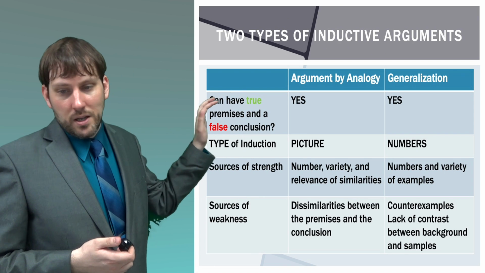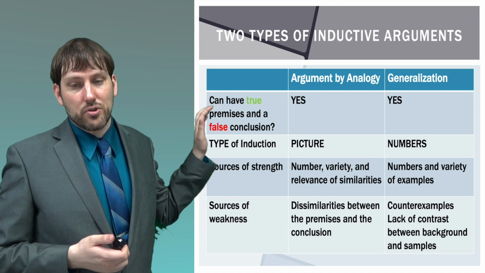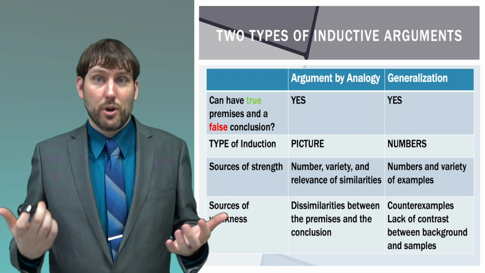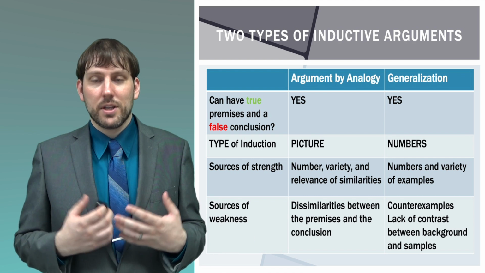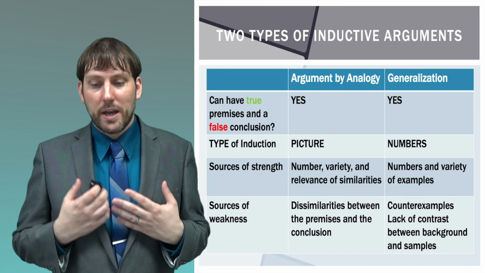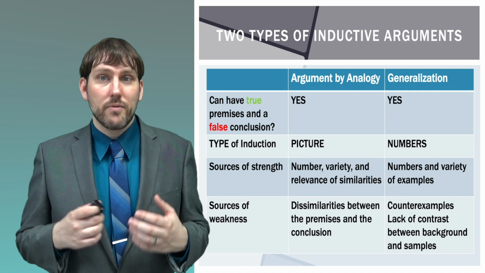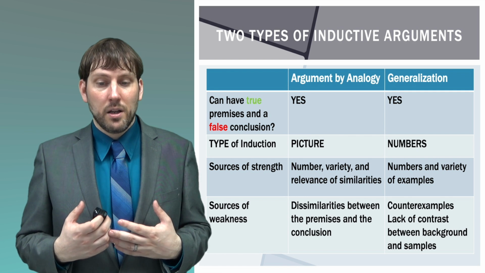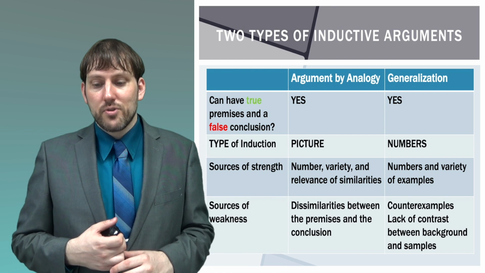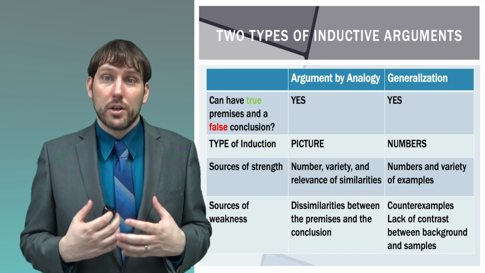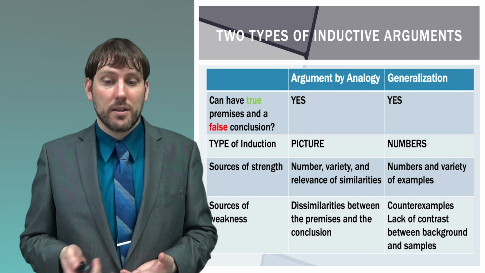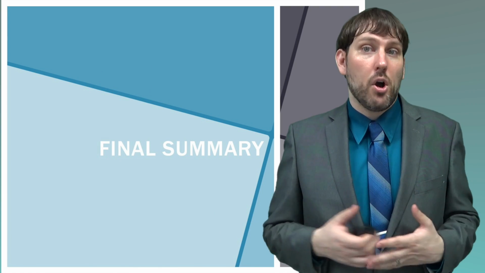So comparing the two, both an argument by analogy and a generalization can have all true premises and a false conclusion. In an argument by analogy, we mostly are working from pictures. In an argument that's a generalization, we are working from numbers. In both, number and variety matter. In argument by analogy, the relevance of the similarities also matters directly. In argument by analogy, dissimilarities will break the argument. In generalization, counterexamples or a lack of contrast between what we're generalizing and other things will break the argument and make it very weak. So I want to summarize just one last time all of the things that we have